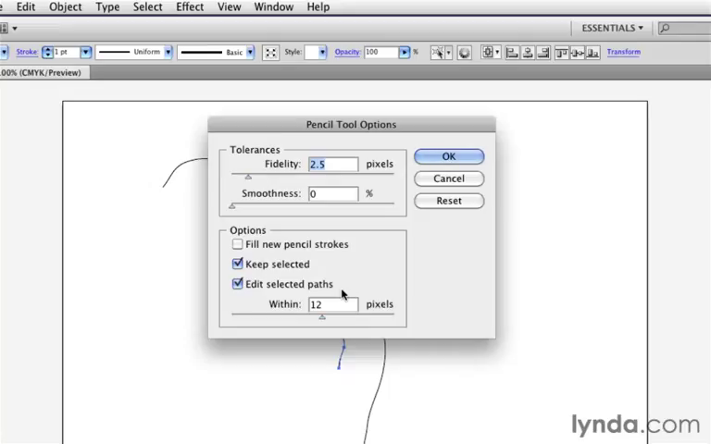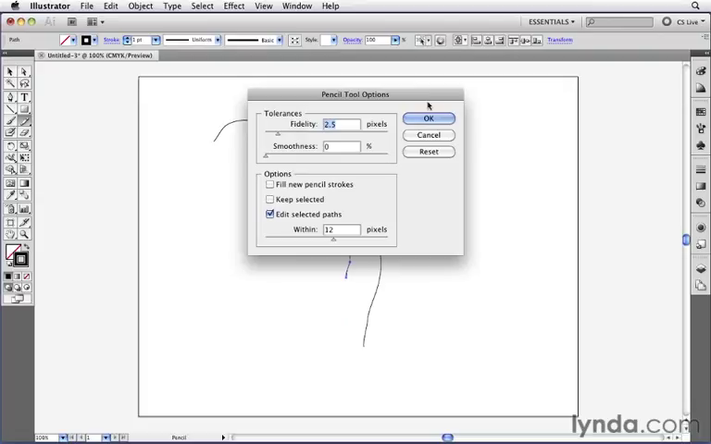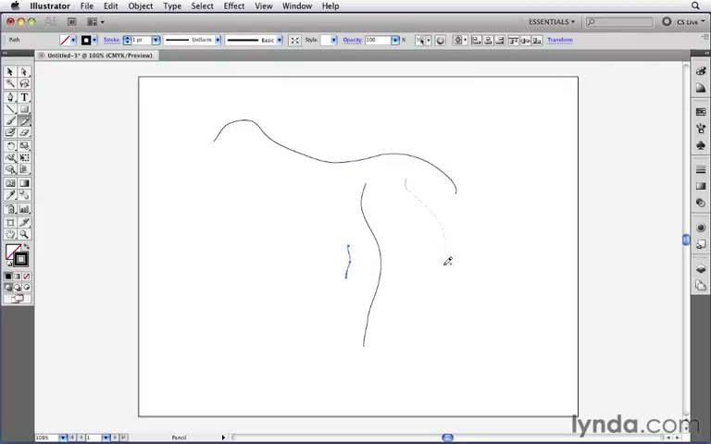As such, what I'm going to do is deselect the Keep Selected option. Now, only the Edit Selected Paths option is turned on. So I'm going to click OK. Now, whenever I draw a path, the path is not selected. That means I can very easily draw other paths right near it without any worry about me making modifications to